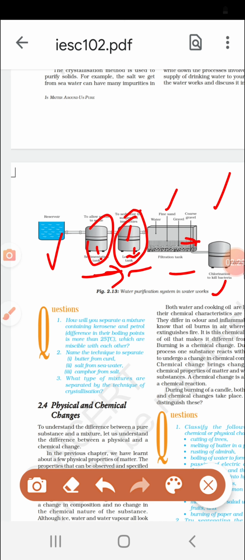It becomes potable water. Now this clean drinking water is pumped by a pumping station into the higher storage tanks, and from these higher storage tanks, the water is supplied to homes and factories in the entire city through a network of big and small pipes. So that is how the water is supplied to our homes and how this water is purified. These are the different steps of how the water is purified.